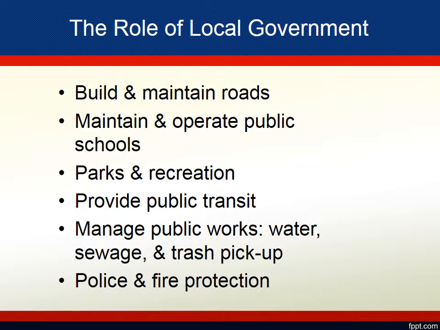In the state of Pennsylvania, there are 6 types of local governments: county, township, town, borough, city, and school district. All of these local governments make up the 2,562 municipalities in Pennsylvania. Municipalities provide public health, safety, and welfare of their residents. Some of the responsibilities of the municipalities include building and maintaining roads, operating community centers and parks, and providing public transportation, which in this case would be SEPTA, the Southeastern Pennsylvania Transportation Authority.